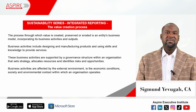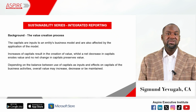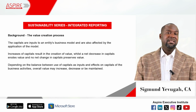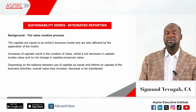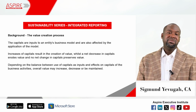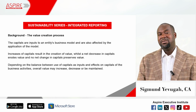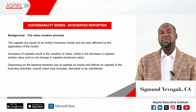Exactly. So the capitals, which we spoke about when we were discussing integrated reporting, mostly we can look at them as the inputs. They are the various resources that the entity employs in their business model. Now, there would definitely be an increase in those capitals. Most times, yes, if the company procures those capitals, why not, there will be an increase in them. Some of those capitals will reduce because over time, they may be used by the company in creating value for their customers. So definitely there will be increases and decreases in the capital of the company, which mostly we call resources, but according to integrated reporting, we call them capitals,